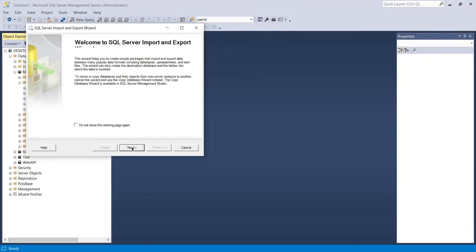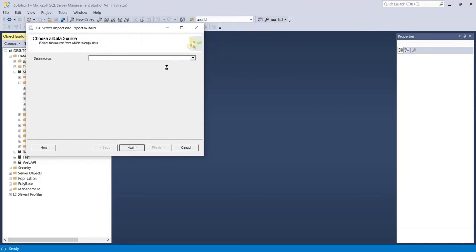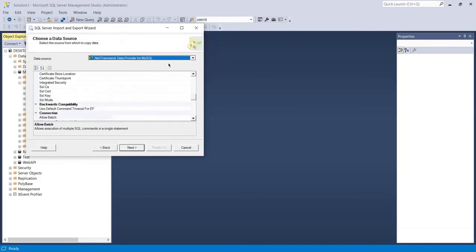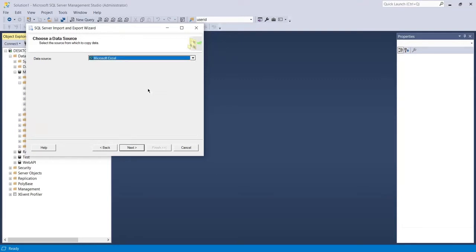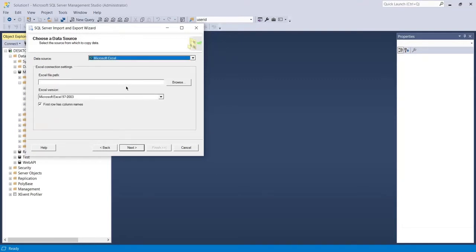Okay, here we just need to click on Next, and here it is asking to choose a data source. In the data source I will select Microsoft Excel, and here I will click on Browse.